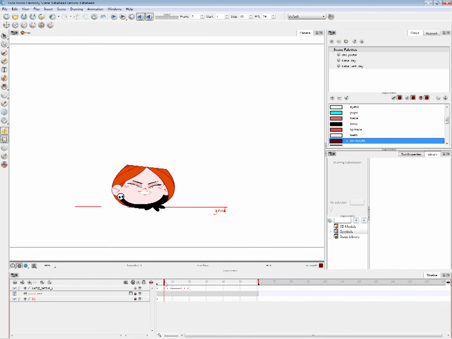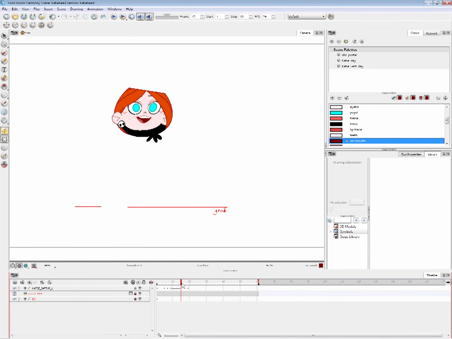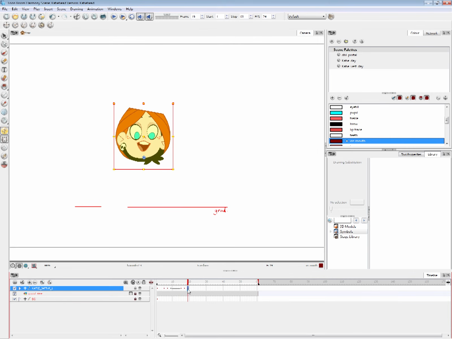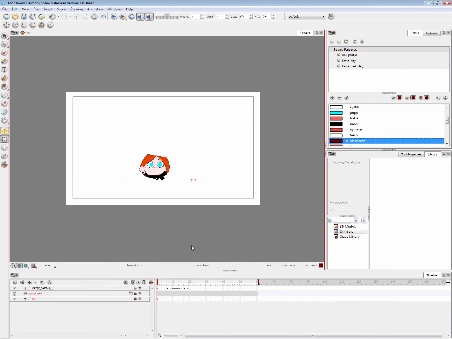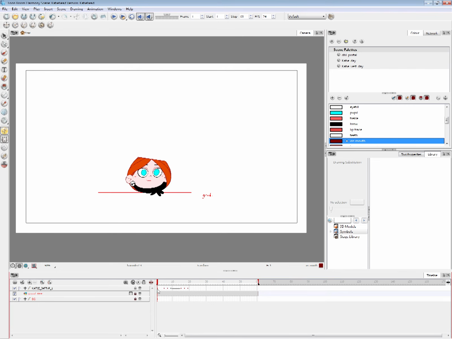So we're gonna activate that, and it just auto tweens it. I'll explain something really quick for those who are relatively new to animation.